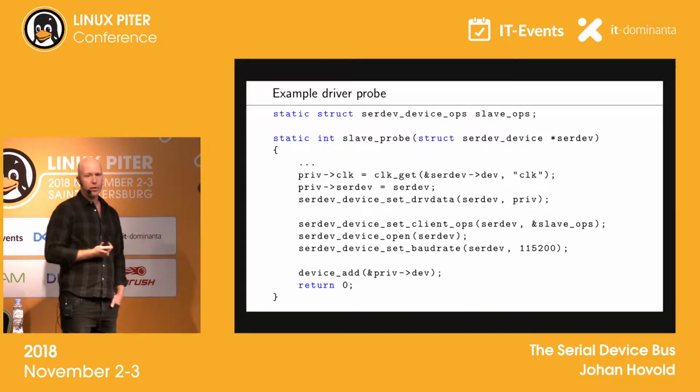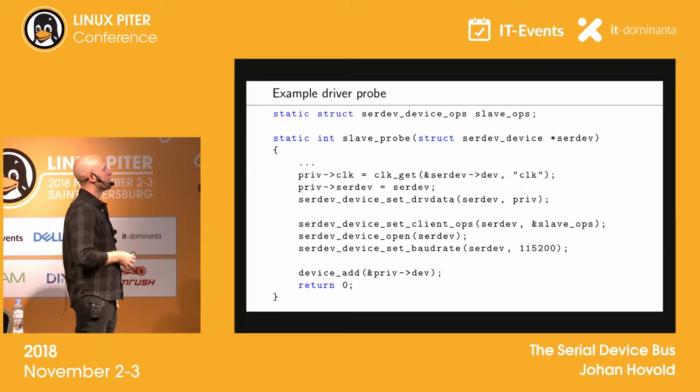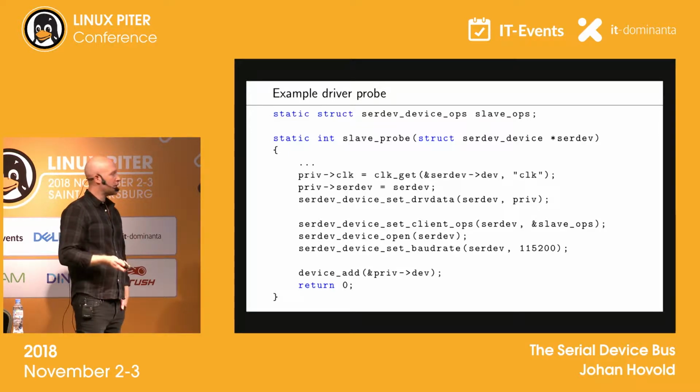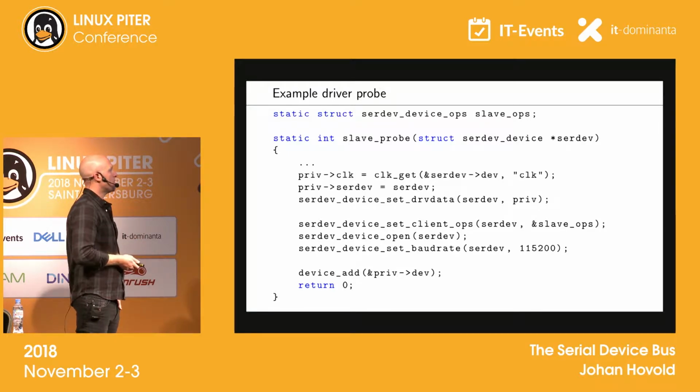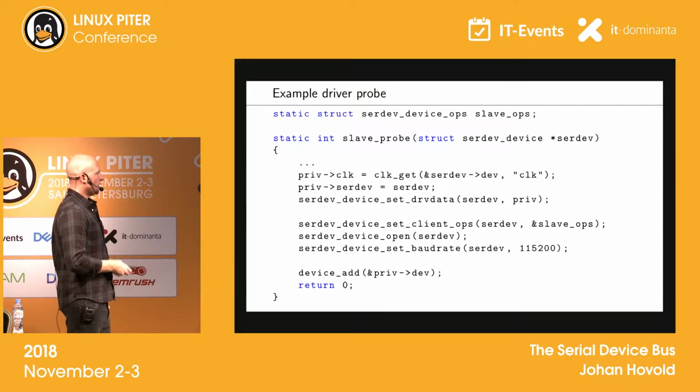In your driver's probe function, besides the normal allocating your private data and setting things up, since this serdev device that you get passed in has a firmware representation, you can use things like clk_get or other helpers to retrieve resources like clocks, GPIOs, and so on. You would then typically store your serdev device in your private data so you can access it in your class device callbacks, and you would set your private data as driver data for power management operations, sysfs attributes, and so on. The important thing here is that you need to set your client operations before opening the port,